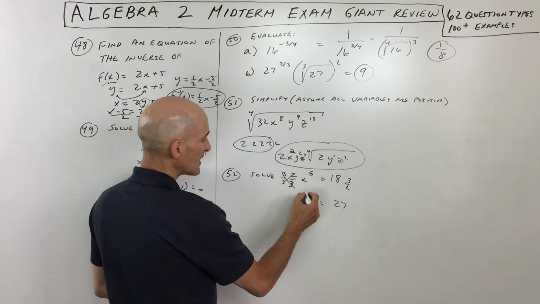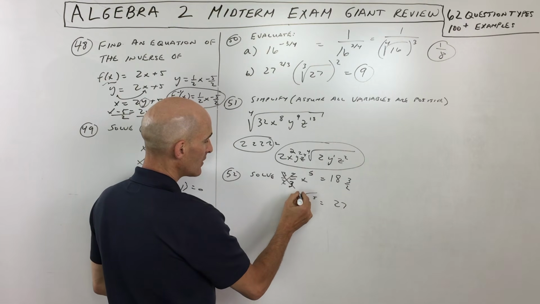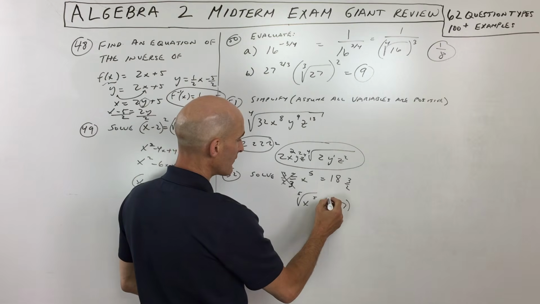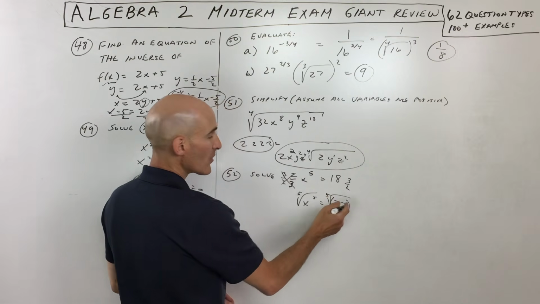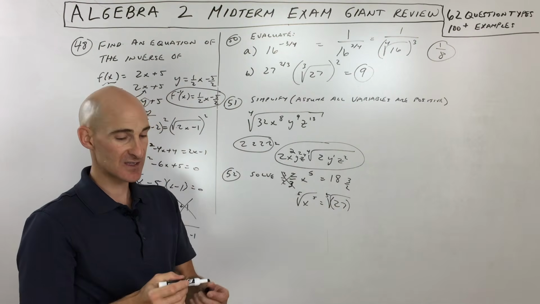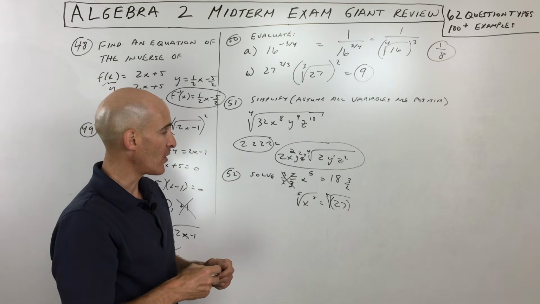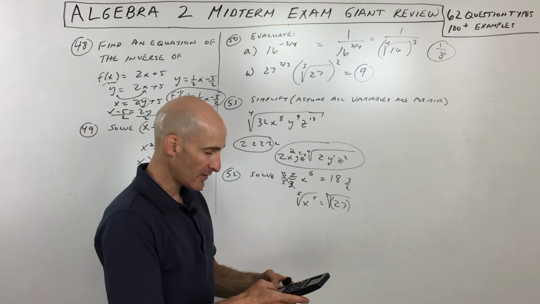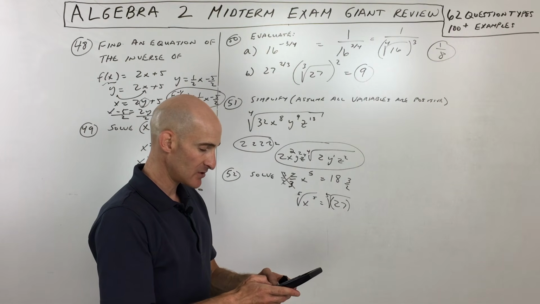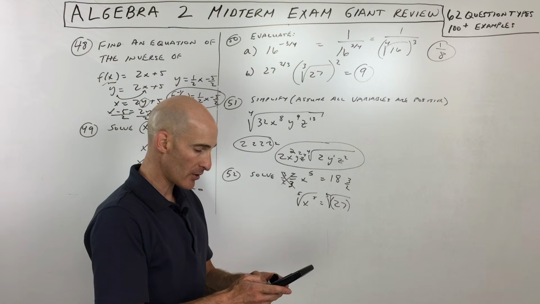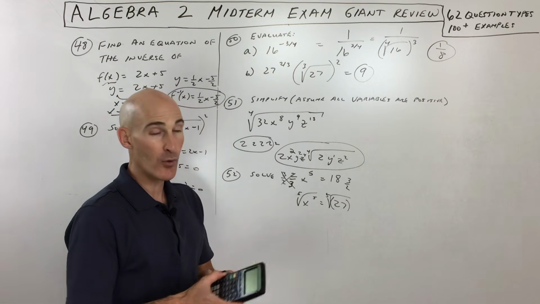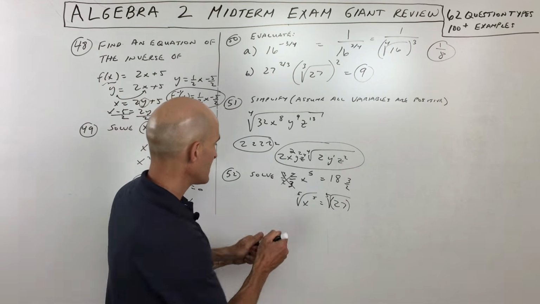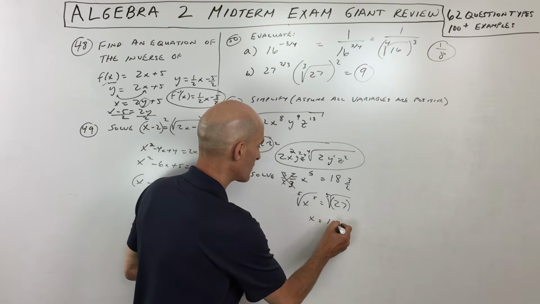Now all we have to do is just take the 5th root of 27, like that. Or you can raise it to the 1/5 power, because the reciprocal 1/5 is the same as taking the 5th root. So let's go ahead and go to the calculator on that one. 27 to the 1/5 power, or the 5th root, 1.93 approximately is what you should get.